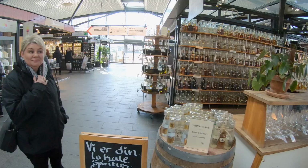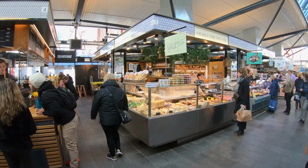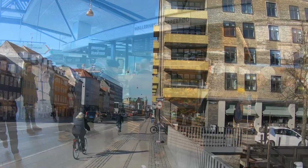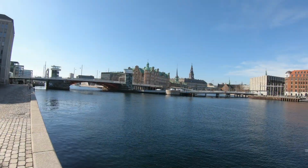What a surprise, the wife has sniffed out the gin bar. And if stopping off for a bite to eat, the smørrebrød, the traditional Danish open sandwich, were as popular as ever. So after a pit stop for something to eat, we took the metro 2 stops east to Christiansborg,